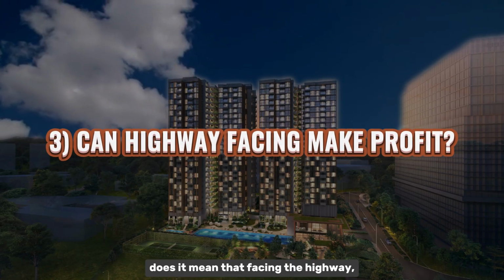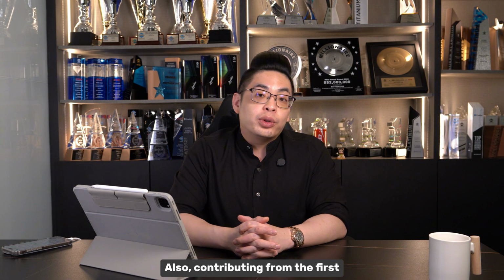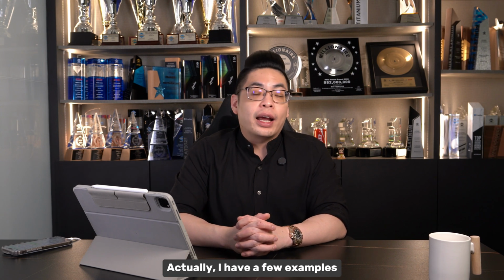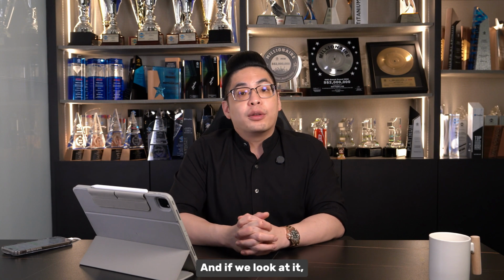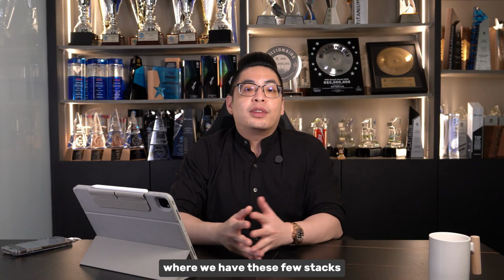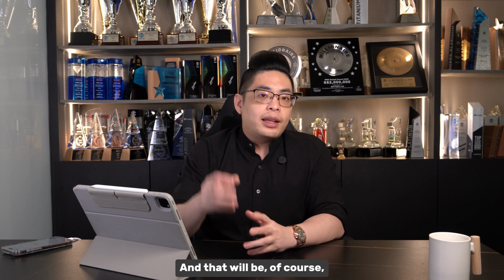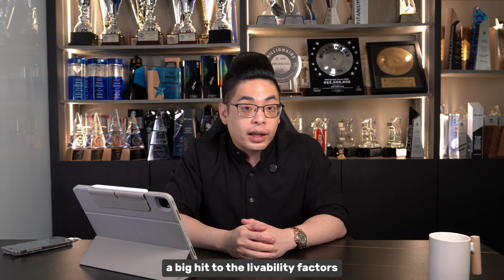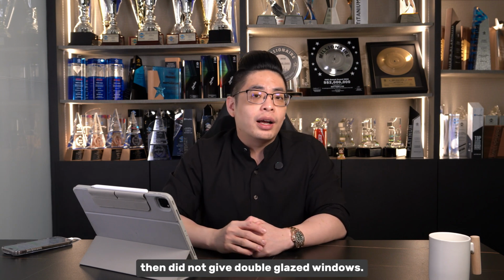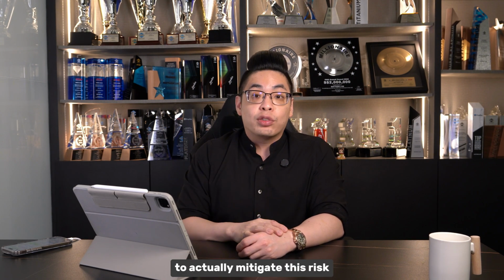Alright, third, does it mean that facing the highway then means this project cannot and nobody will buy? Alright, also contributing from the first and the second factor of why I will buy LyndenWoods. Actually, I have a few examples that can actually counter this. And if we look at that, we can see from there, Penrose itself is one very classic example where we have these few stacks that actually face the very, very noisy PIE highway. And that will be of course a big hit to the livability factors because of the noise. And mind you, the developer back then did not give double glazed windows. So of course here, I emphasize CapitaLand has given double glazed windows to actually mitigate this risk factor that we